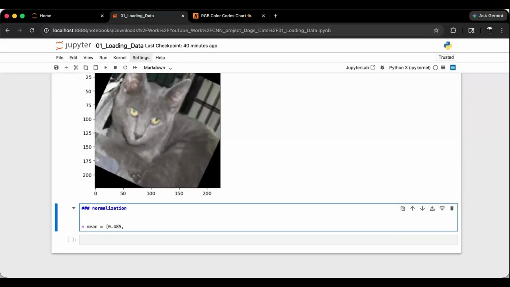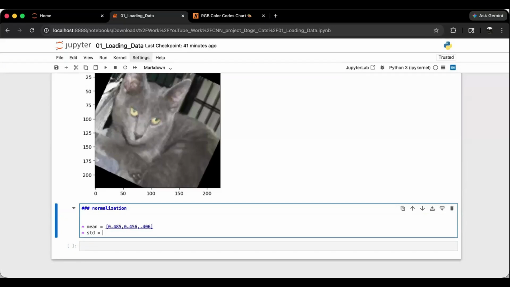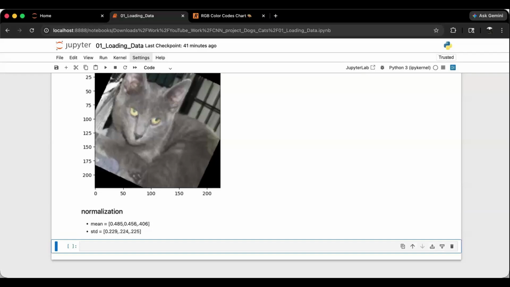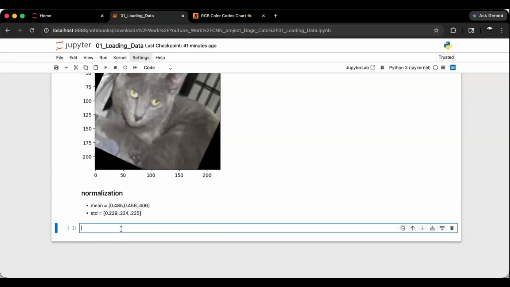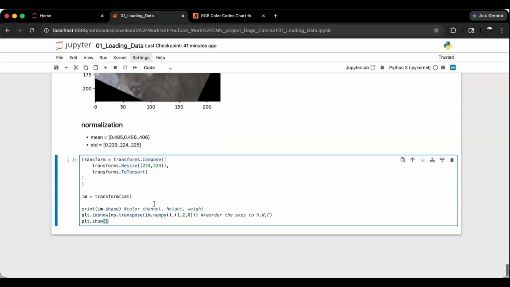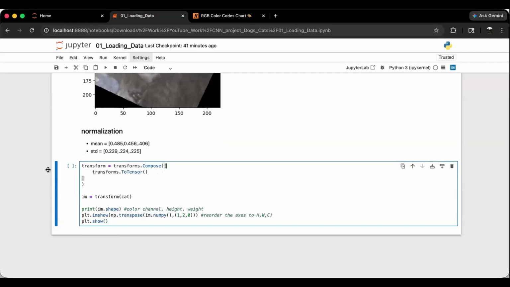0.485, 0.456, 0.406. And the standard deviation, again empirically found, I have nothing to do with it, is 0.229, 0.224, and 0.225. Now, if you want to perform normalization based on these values, how you're going to do that is this. I'll just copy paste one more time, and say that it is not resize that I want to do. I just want to perform transforms